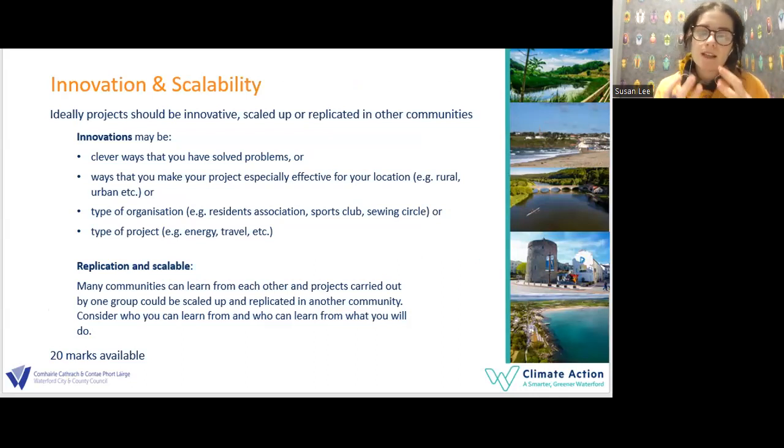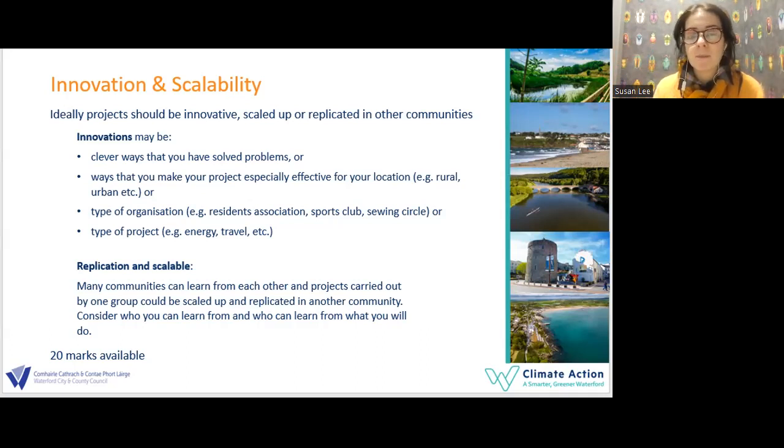Innovation, within this project, I could see why that could be a little tricky, but there are definite ways your project could be innovative. It could be clever ways that you're solving a problem in your area, or ways that you're making your project especially effective for your location. Maybe you're taking something from an urban setting and putting it in a rural setting. Could be your type of organization. Maybe it's something that type of organization doesn't typically look into,